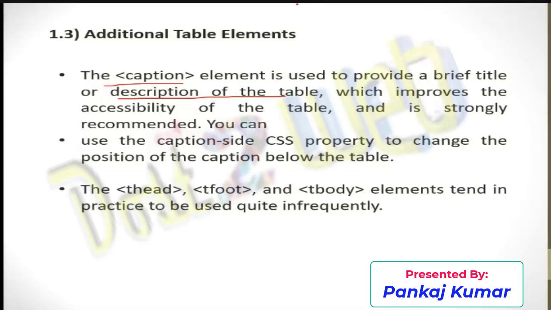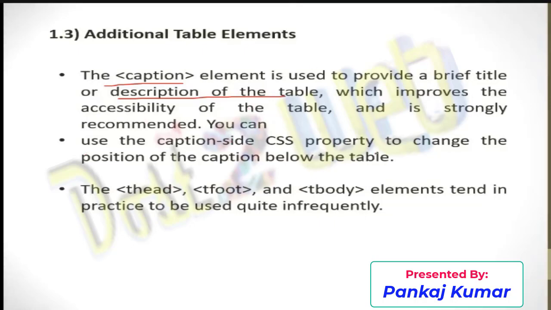So when you want to define any description for the table or a brief about it, then you are going to use caption. It will improve the accessibility of your table, and it is strongly recommended. So you can use this caption tag.